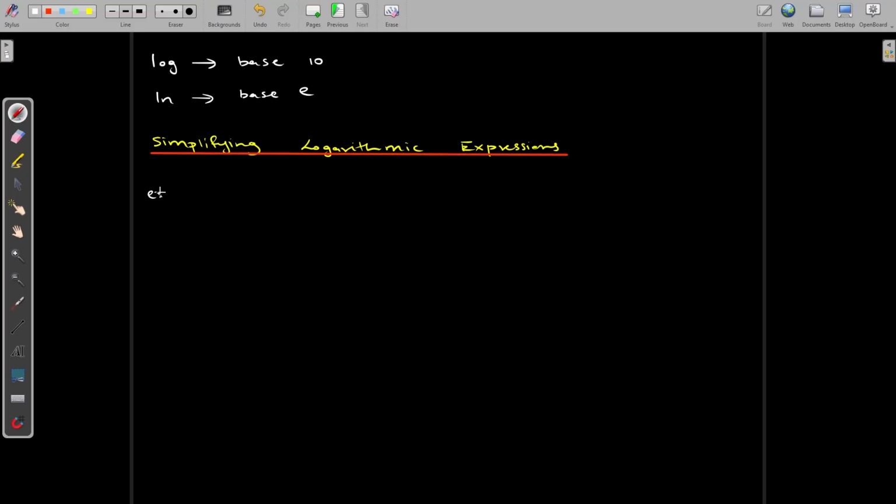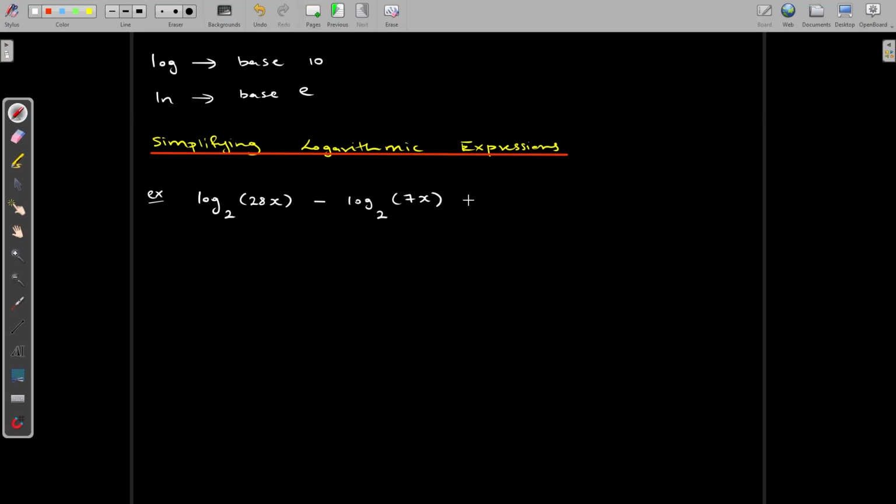And we'll start with an example. So we have log base 2 of 28x minus log base 2